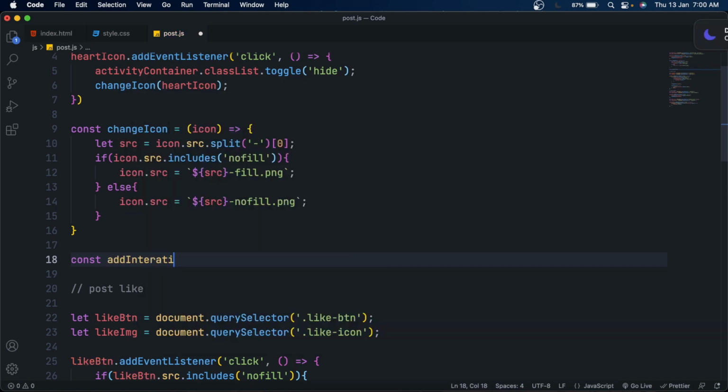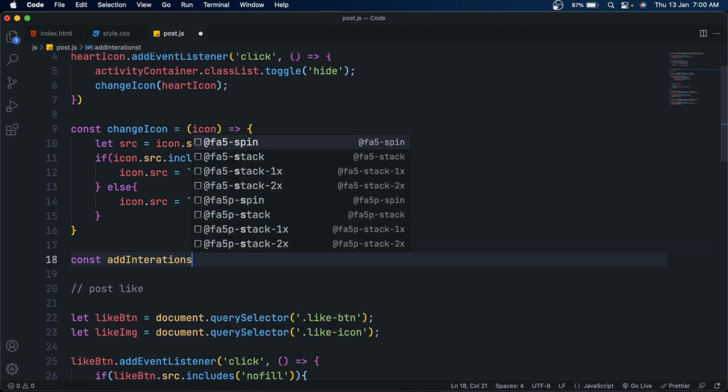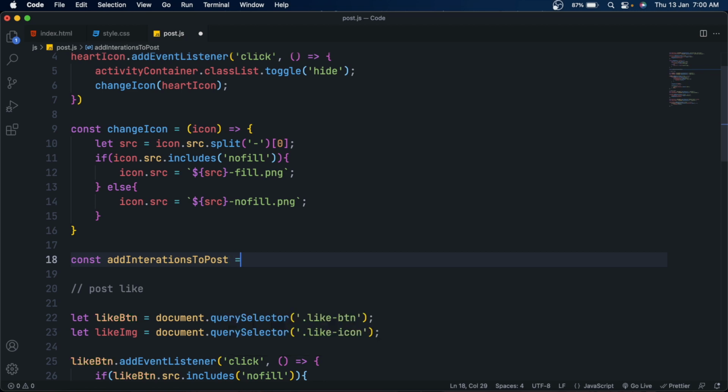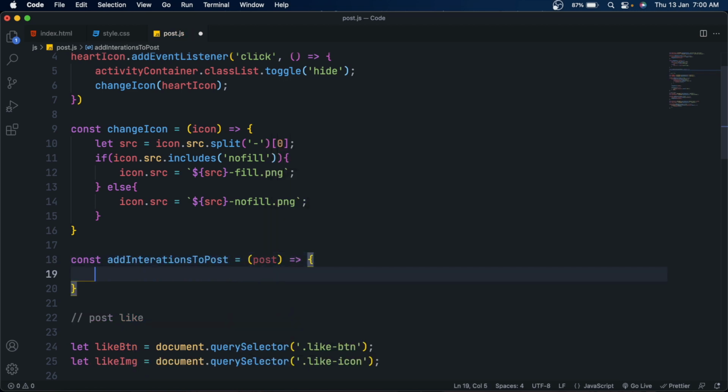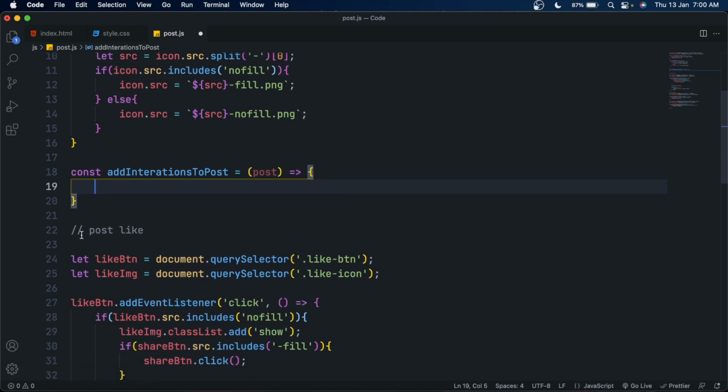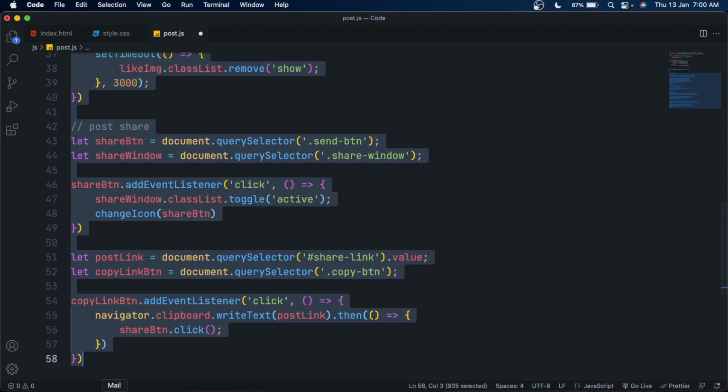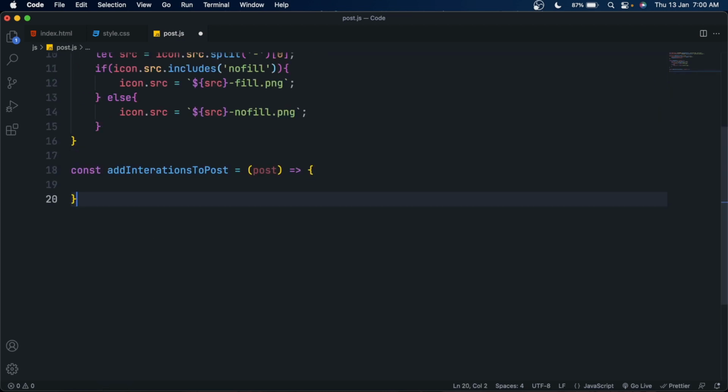So for that, make a function and call it add interactions to post. We'll use this function to add interaction, and for the argument pass post to it, and cut all of this interaction code and paste it inside this add interactions to post function.